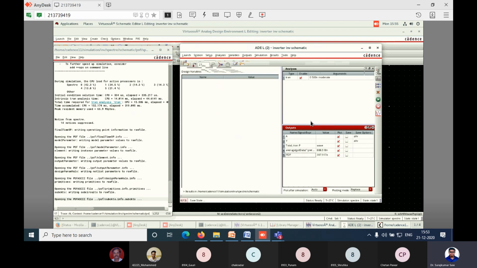You check the output and verify with the truth table whether it is following it or not. After that, you check the average power, delay and PDP. If you want to check it, you can check this simulation and the transient simulation. Up to here you can practice by tomorrow. As our institute is going to close at 4, that's why we have ended this session up to here.